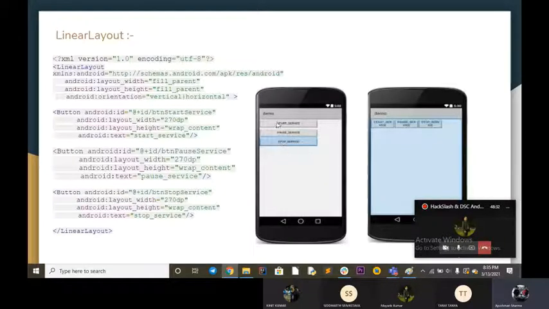Like we can arrange our 3 buttons in a vertical manner or in a horizontal manner. So that orientation is defined from here. This attribute, android:orientation, defines whether we want to show it in a vertical manner or a horizontal manner. The same code is here for layout width and layout height too.